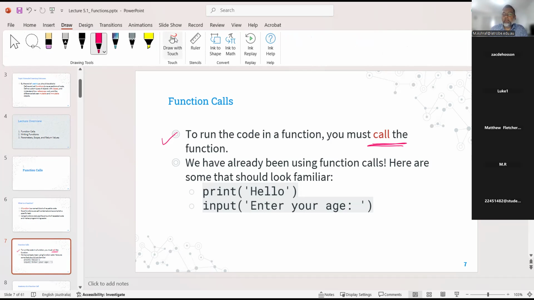Now, we have already been using some function calls. From the very beginning of our journey with Python, from week 1, we have used some function calls. For example, the very popular print statement, and also input. This is basically the IO, input and output. These two are the most important things for any programming. We take input from the user using the input statement, and we output to the console using the